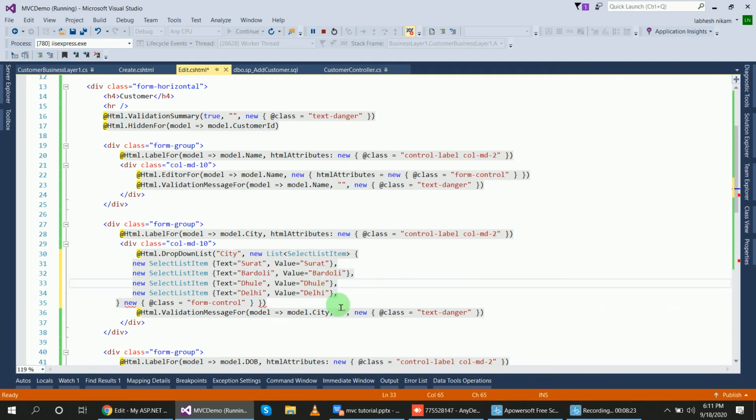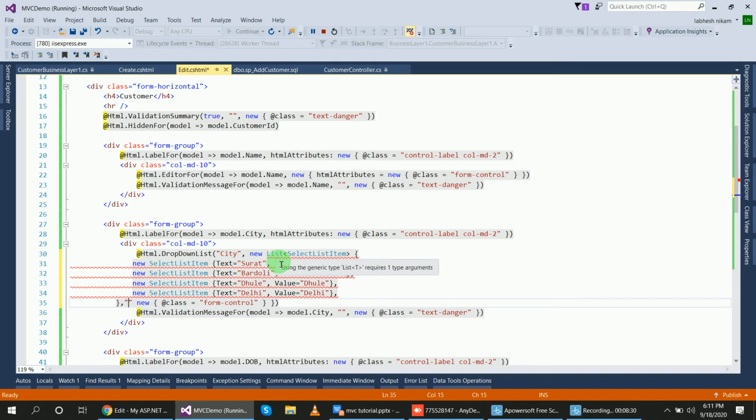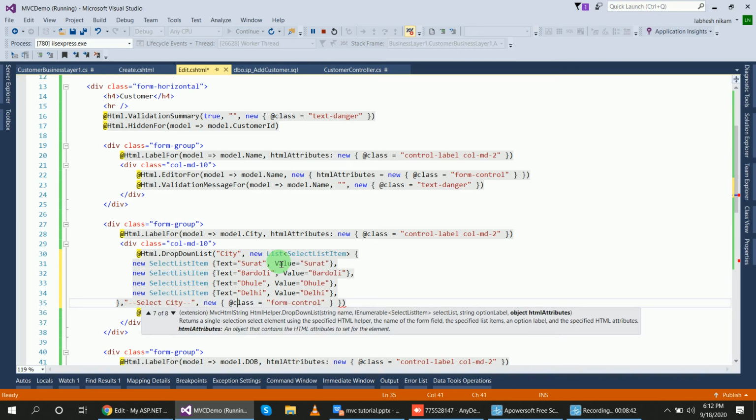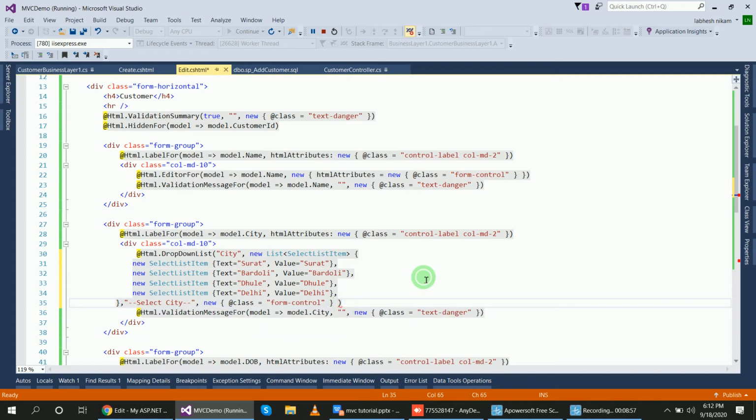Here we'll add one object, select city, and add new class equal to form-control.